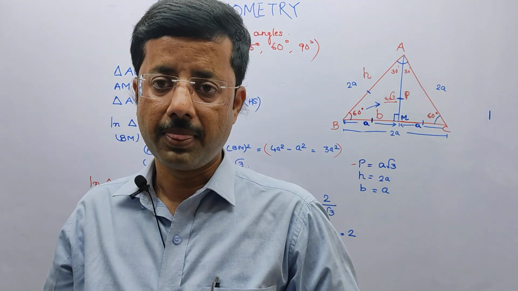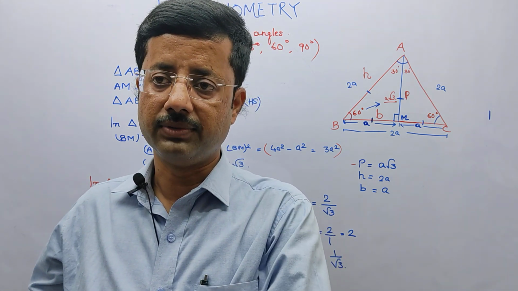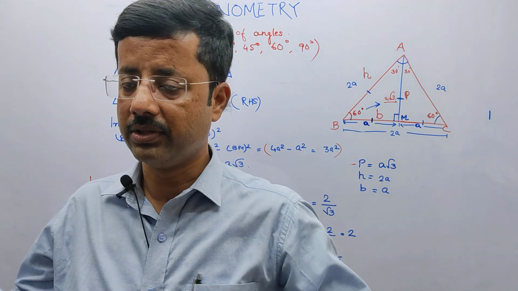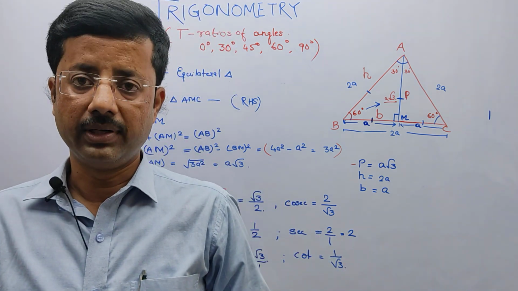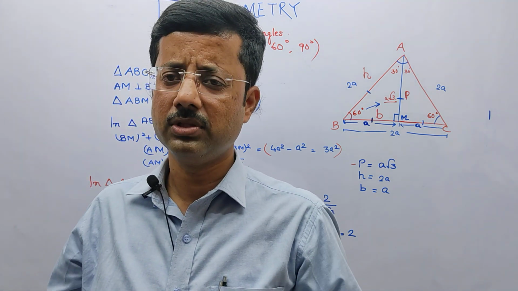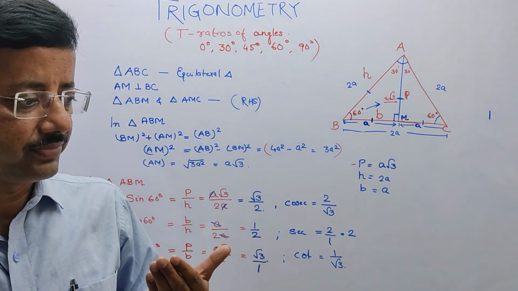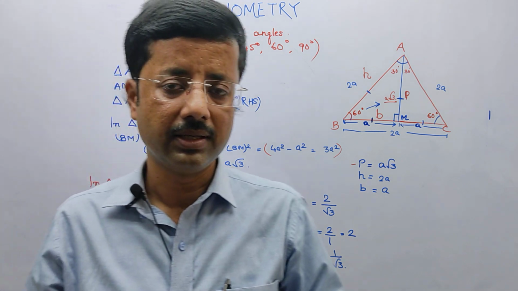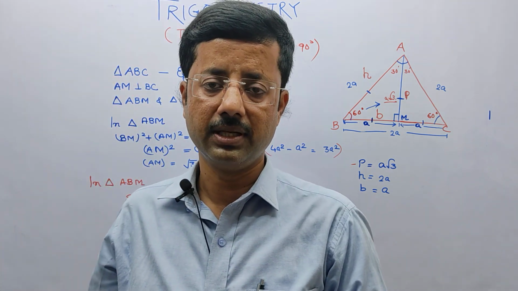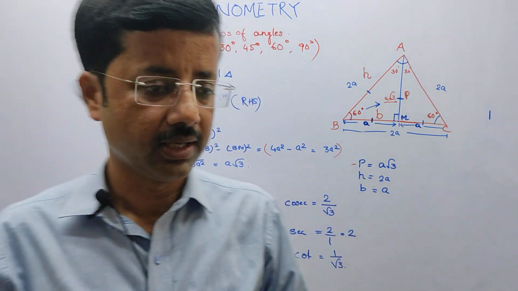the height of the tower, the depth, the altitude of different heavenly bodies, or those things which we are unable to calculate manually. Those things we are calculating with the help of this trigonometry. Now see,